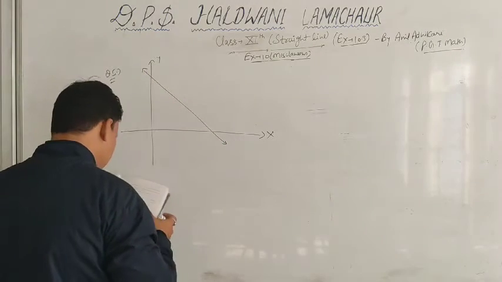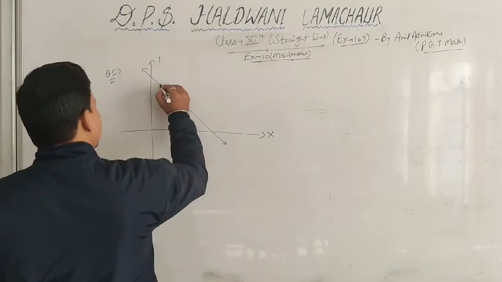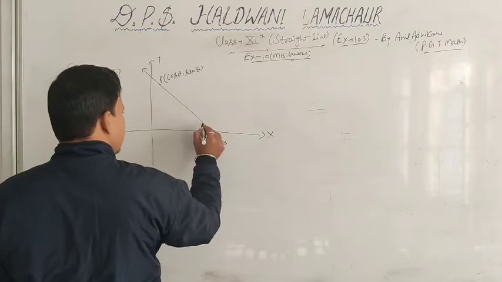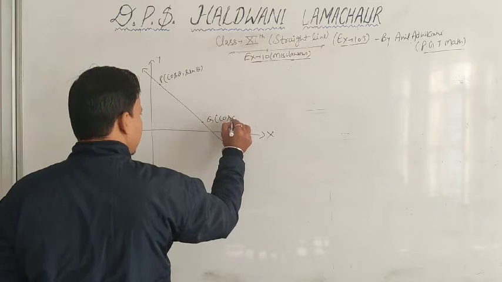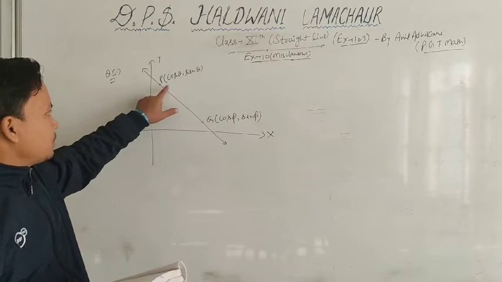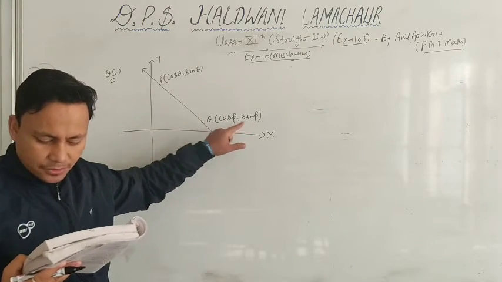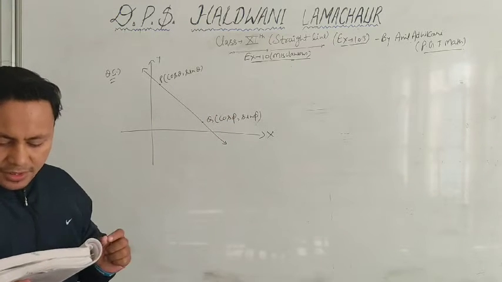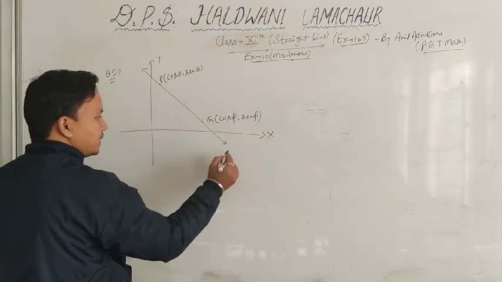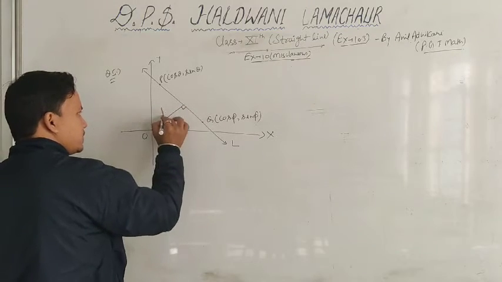Find the perpendicular distance from the origin to the line joining points cos theta, sin theta and cos phi, sin phi. Let this be the point P, cos theta comma sin theta, and this is the point Q here, cos phi comma sin phi. Let P be the coordinates of the point cos theta, sin theta and Q be the coordinates of the point cos phi comma sin phi. We need to find the perpendicular distance from the origin to the line joining these two points. So the line joining these two points, let L be the line, and we need to find the perpendicular distance from the origin to this line. Let it be p.